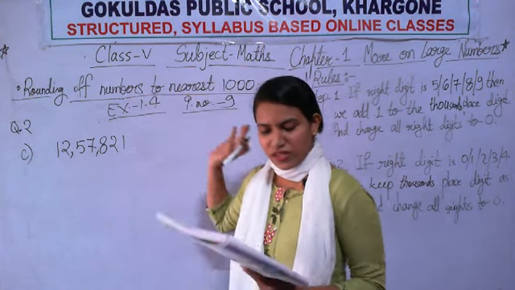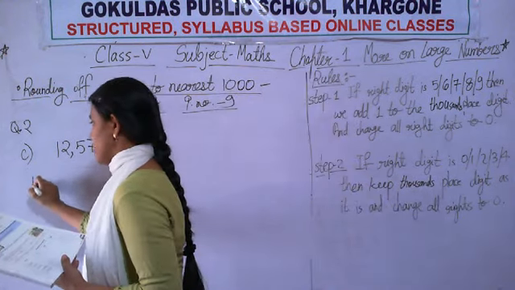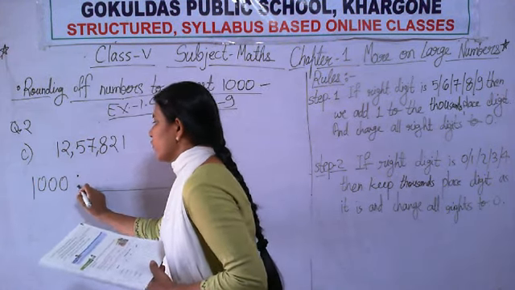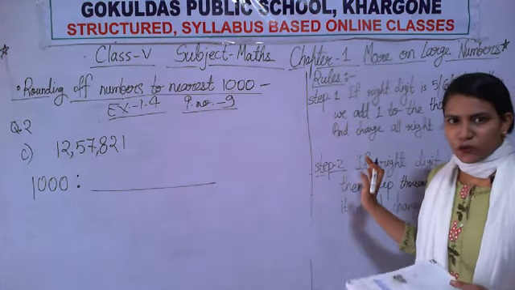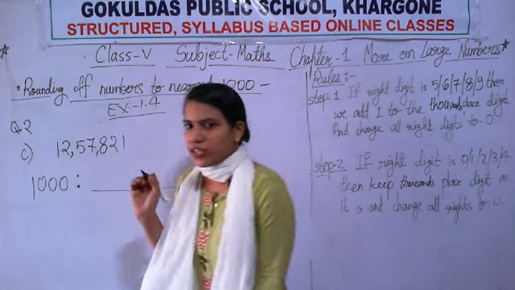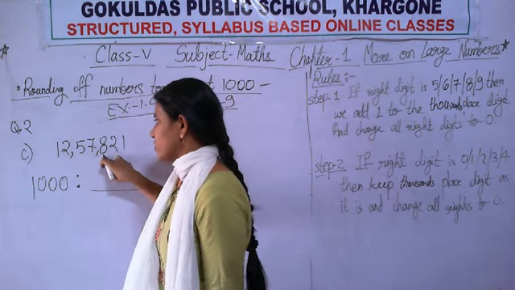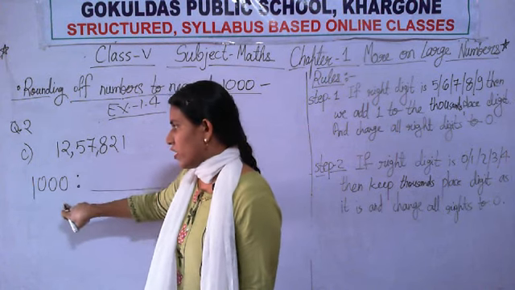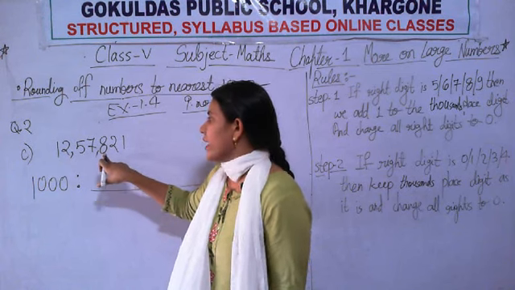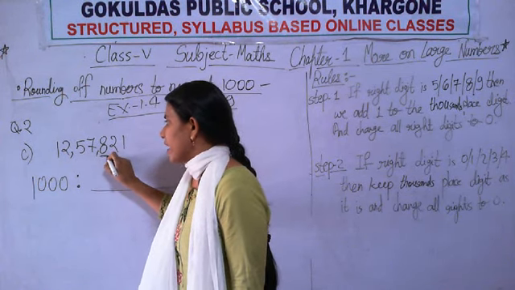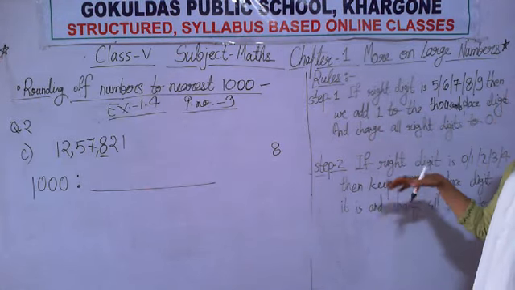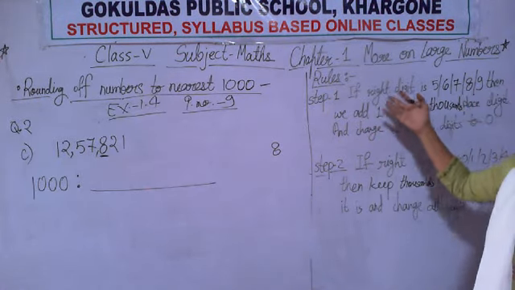You want to round off this number to the nearest 1000. Okay. So for rounding it off, what will you do? You will follow these two simple rules. First, which digit will you check? You will check just the right digit to the thousands place, as you are rounding off to the nearest thousand. And at just the right place, you see that here 8 is there. Now see, 8 is coming in which step? When I check, 8 is coming in step 1, right?